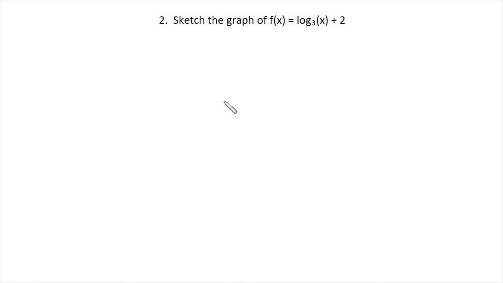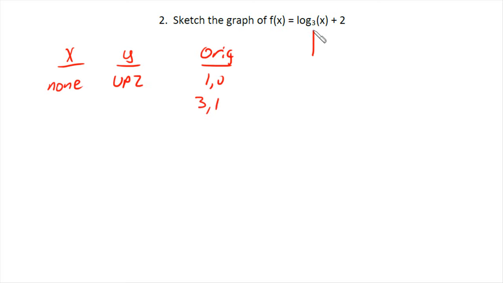Problem 2 here says sketch the graph of f of x equals log base 3 of x plus 2. So follow the same process. What's happening to x? What's happening to y? There are no changes to x here. Nothing's going on there. So we'll write none for that. And the y's will be shifted up 2 because of that plus 2 there. So up 2. We'll make our original graph. It is always 1, 0 and base, 1. Base is 3 here. So 3, 1 there. And vertical asymptote starts at x equals 0